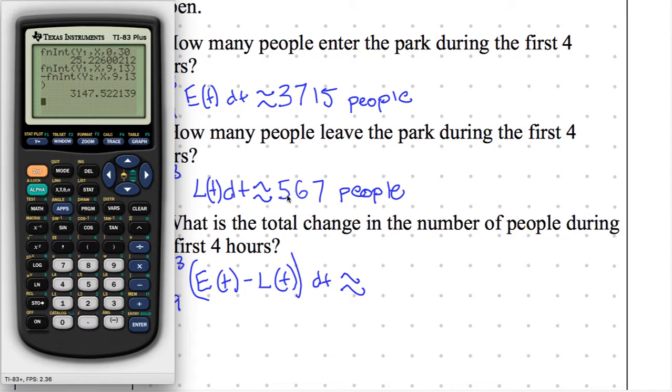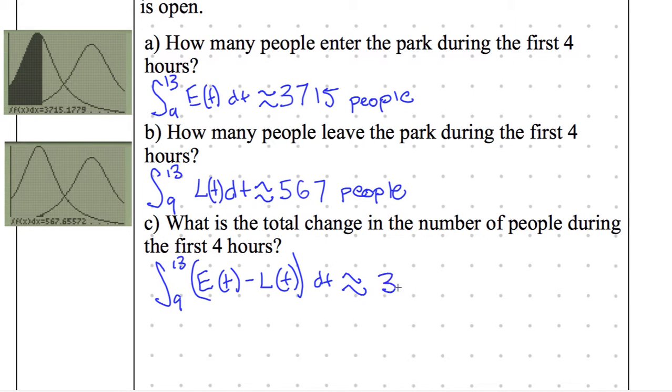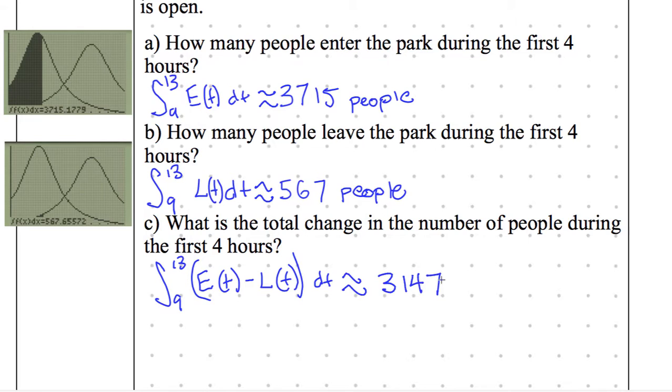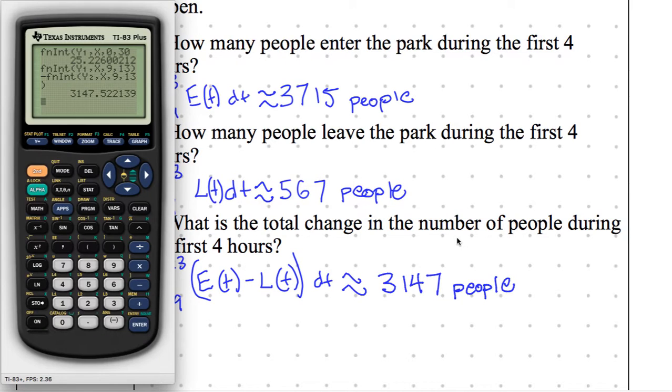3,700 minus about 500, 600, 560, I don't know what I'm saying, is about 3,100. And I got about 3,100, 3,147, 3,147 people. And we're not going to round up, we're just going to cut it off, truncate it, and say that many people. What if you just do 3,715